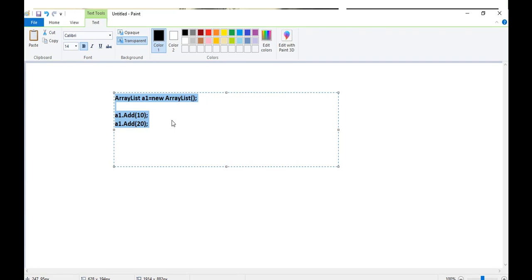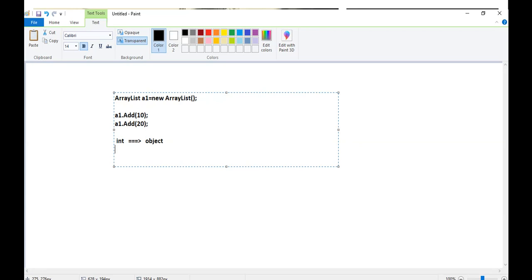If you take any class in this category, for me the type of 10 is integer, the type of 20 is integer. But when the actual elements get stored in this particular object, the type will be considered as object.